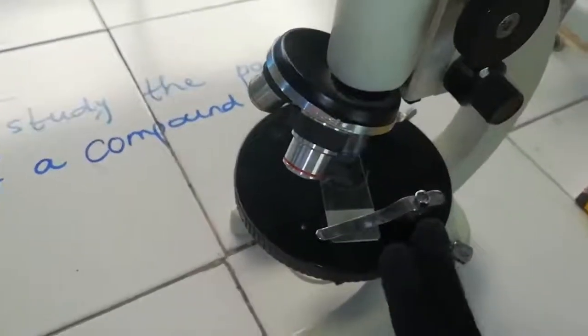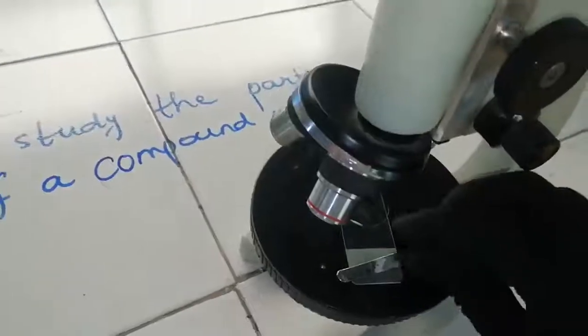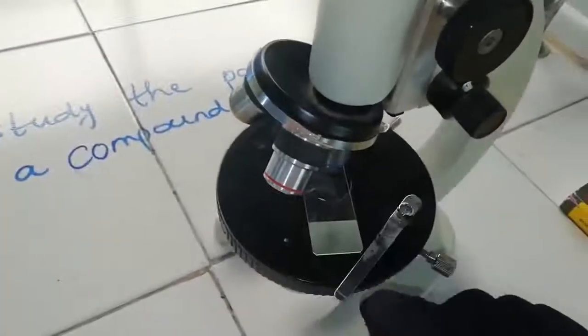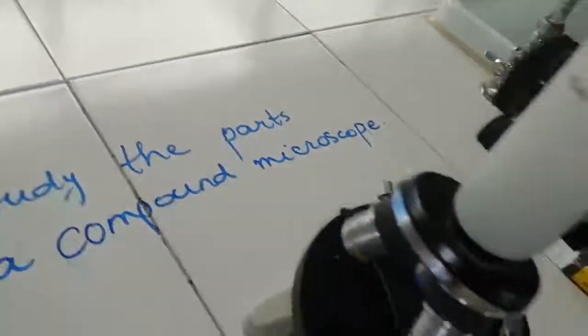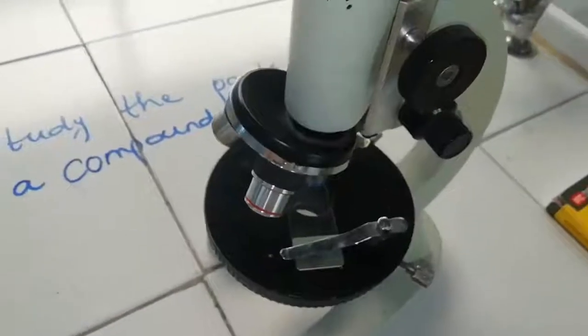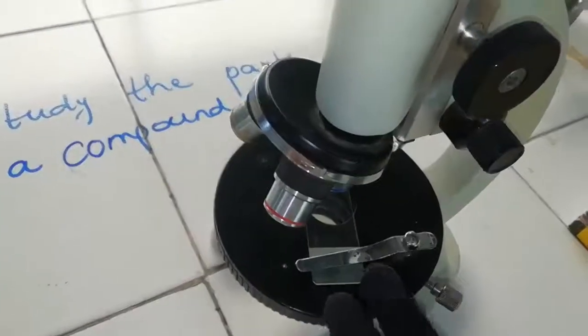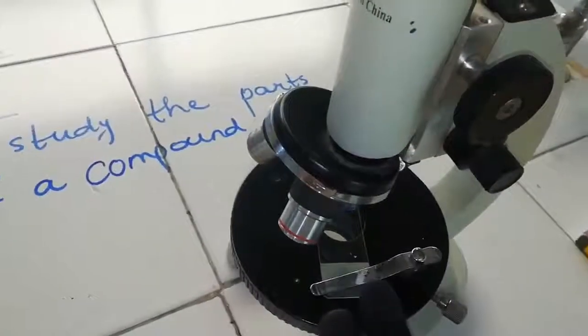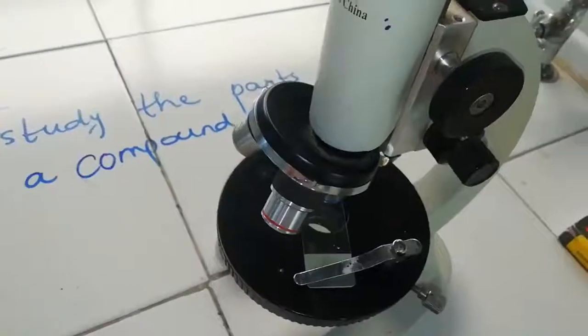Okay, now this black circular part is called the stage of the microscope, and on the top of the stage there are these two clip-like structures, one on this side and one on another side. So these clips are used to hold the slide on the microscope so that it will not move. ठीक है, जो भी हम सेट करेंगे वो मूव ना करे, and it would be easier for us to study or to observe it, right?